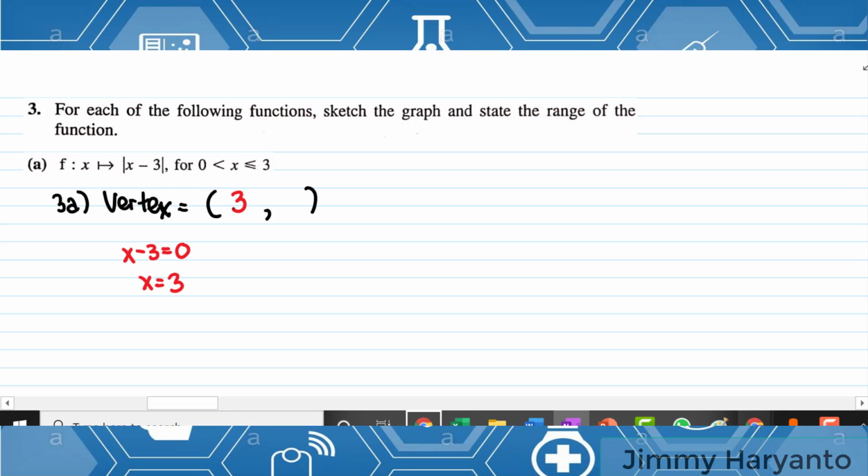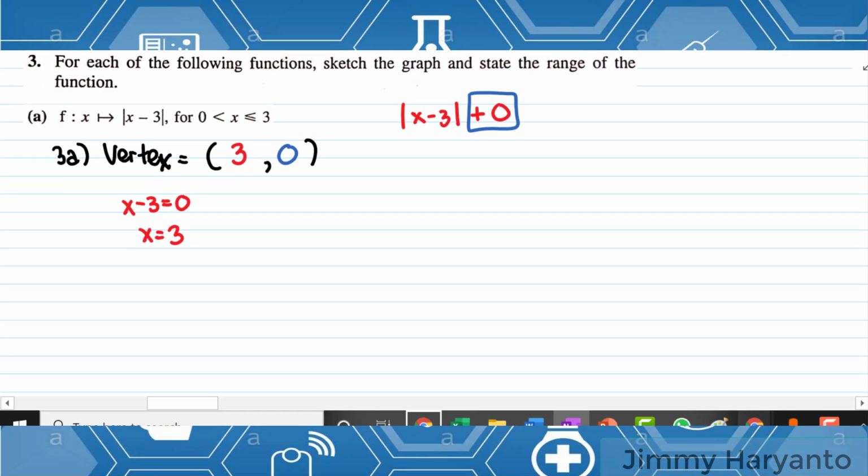And then for the y_v, just take a look at the last number. Yeah, so you only have x minus 3, right? But you can say it also like this, plus 0, right? If there are no numbers, you can write plus 0, and this 0 represents y_v, the y-coordinate of the vertex. Yeah, so you write 0. Okay, (3, 0), that is the vertex.